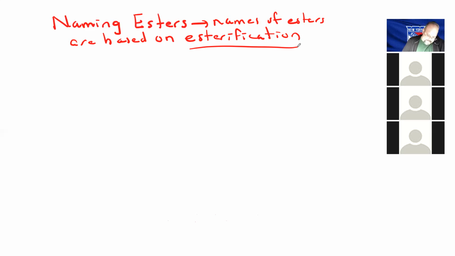Now, one of the things that we talked about in the notes, and I want to talk about it here again as well, is that when you look at an ester, just keep in mind that the OC part relative to the C double bond O carbon could be drawn to the right, like I usually do it, but it could also be drawn to the left. And one of the things that's important with esters, not only for naming, but in their hydrolysis, which we're going to talk about a little bit this evening as well,